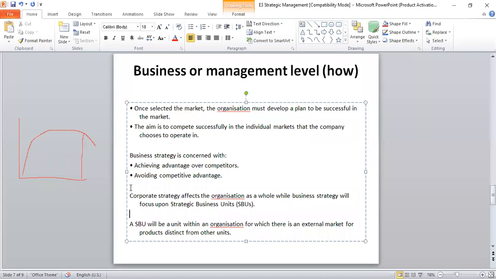Sometimes when these units have the ability to sell their product, these strategic business units also generate revenue for their unit. Sometimes not all strategic business units can generate, but if there is a possibility of generating revenue, then they will take up planning for their SBU, for their unit, in terms of how they would incur cost, how they would sell their products, what revenue would be generated, and how their performance is evaluated. That would be taken care of by that strategic business unit as a unit of the organization.